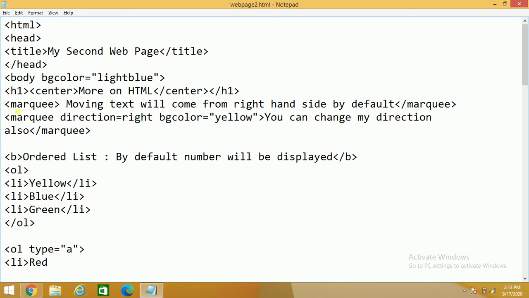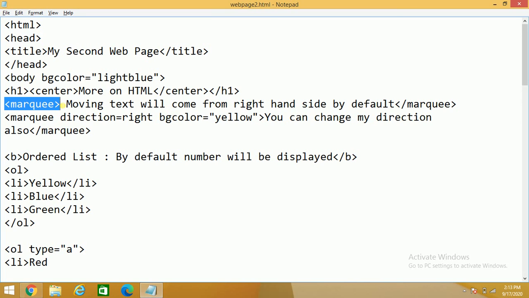Next one is marquee. If you want to display moving text in your website, और आप चाहते हो कुछ भी text आपके website पे move करे from right to left or left to right, there is an option. If you write marquee, marquee is a tag which is used for moving text.